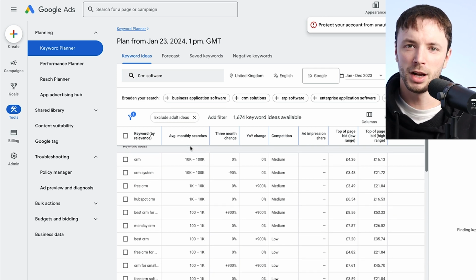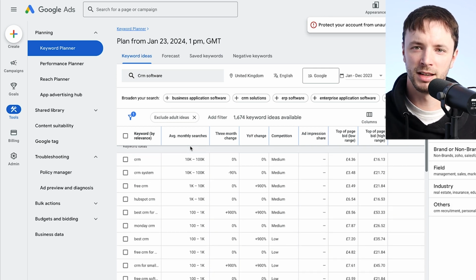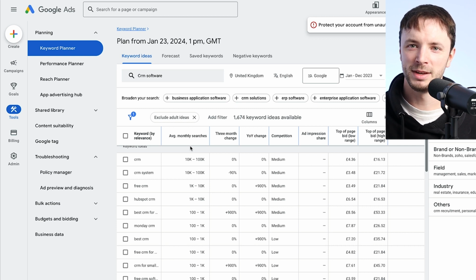Again, I'm not going to go too much into keyword research today. Keyword research is a pivotal part of creating a Google Ads strategy, and it's all around framing intent and making sure that you're only including keywords from research and competitor benchmarking which you believe will have intent, and there's really good ways of testing this. If you guys want more tips around that, make sure you subscribe to the channel because we go through all